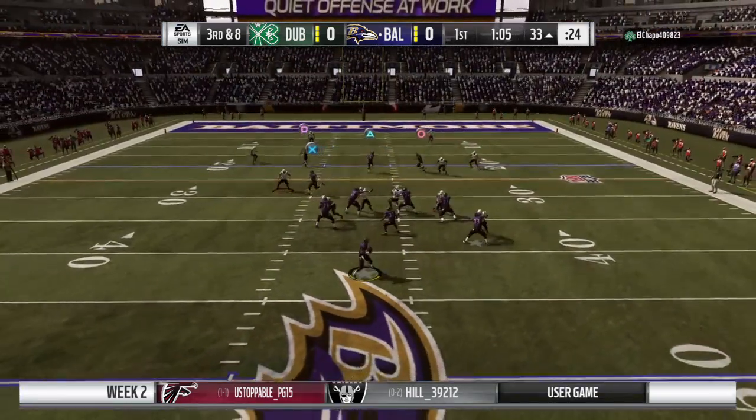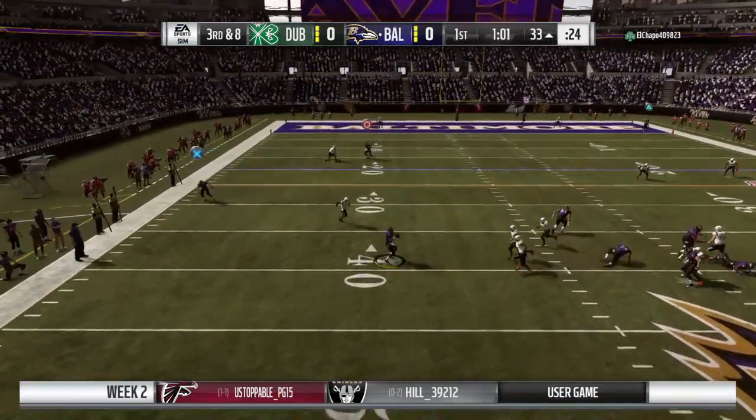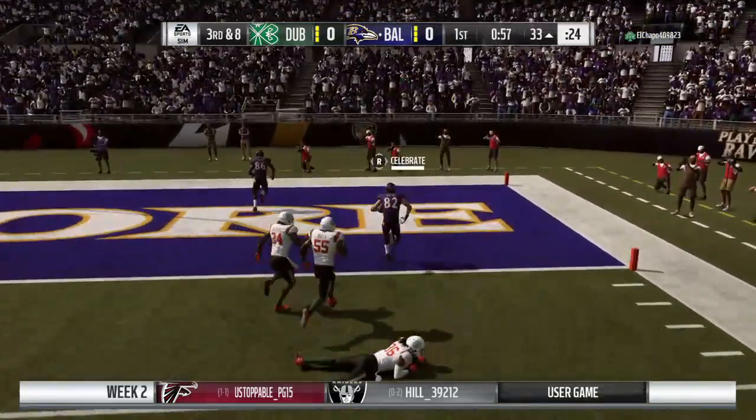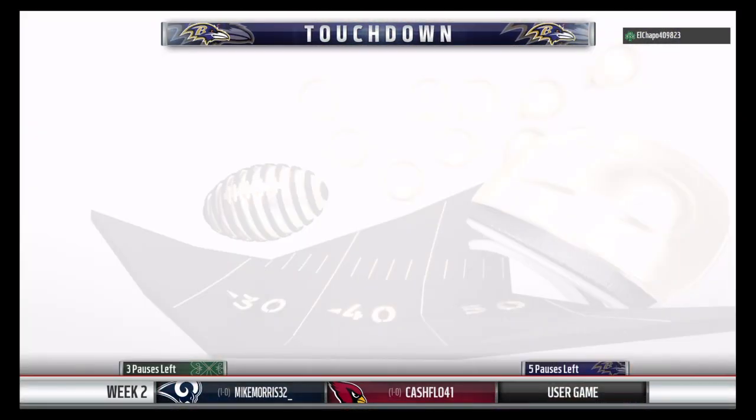They go play action now. Jackson buying time to his left. Now he'll let it go deep. And this is caught inside the 5. And he is into the end zone for